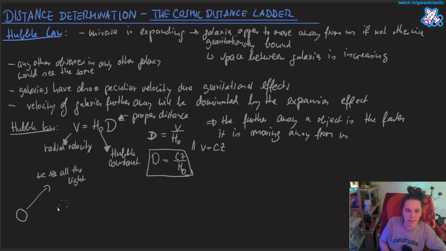Let's say there's interstellar gas here, like a gas cloud. We don't see all the light anymore. We only see the spectrum that we see here, like the spectral energy distribution. And we're going to see absorption light, because some of the light is going to get absorbed, yeah? So some photons will be absorbed.